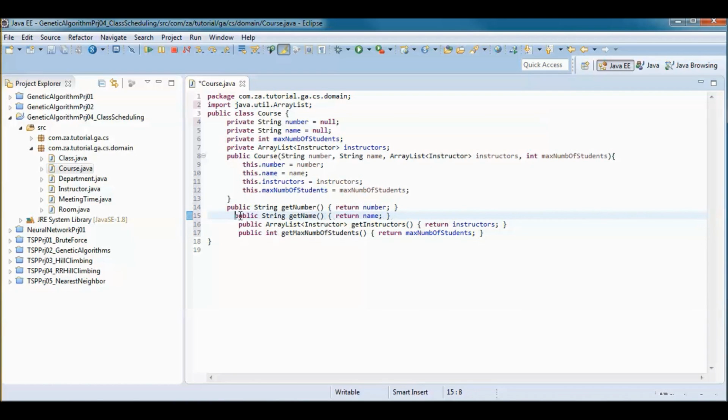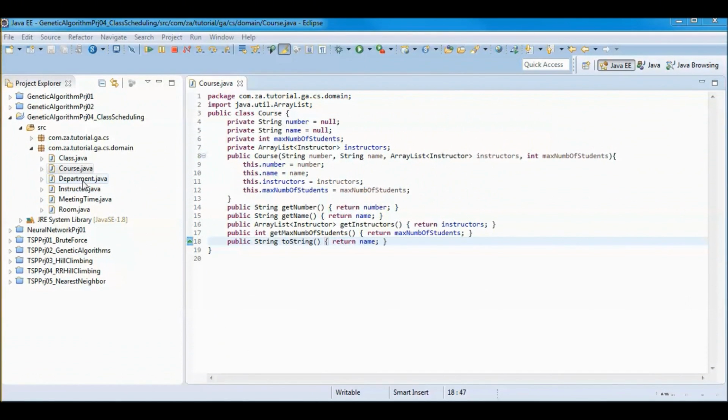So get number and get name and get instructors and get max number of students, and a toString method that returns the name of this course,